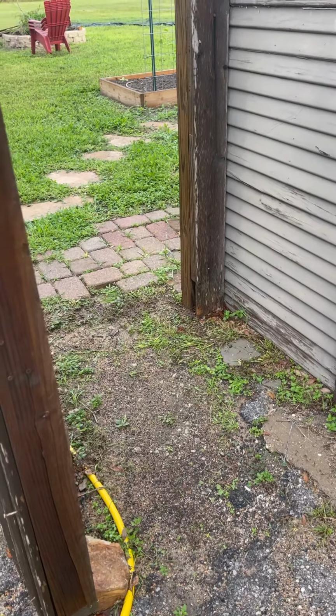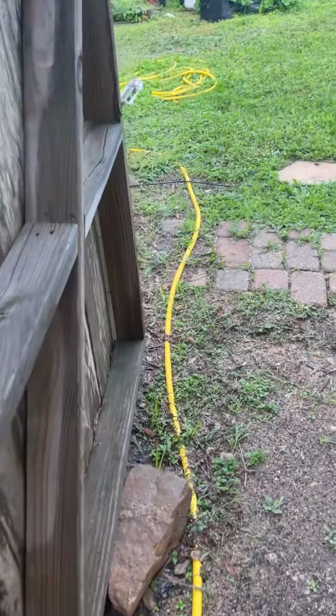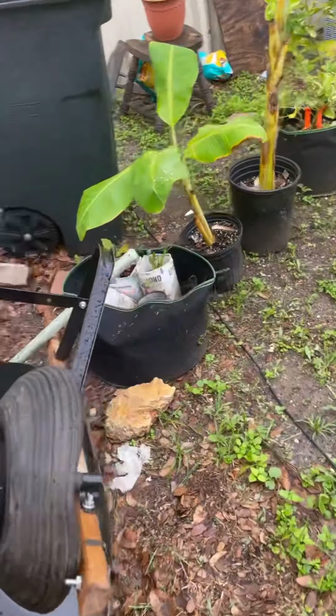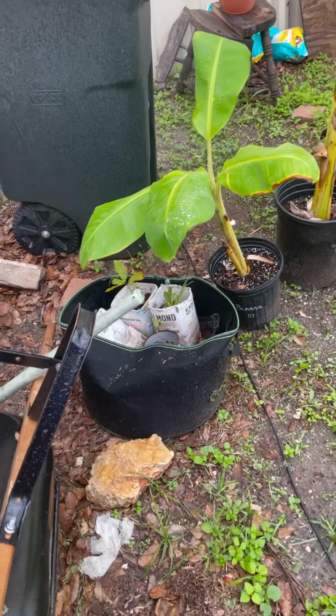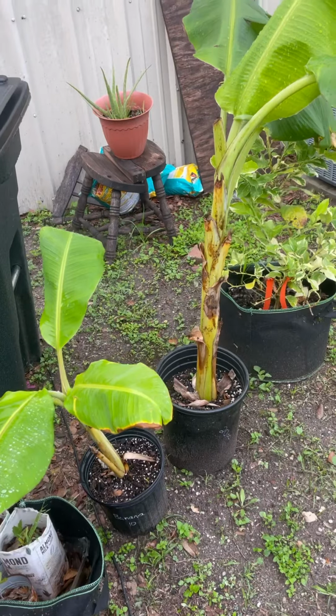Alright guys, we are going to do a garden tour, and if you've seen my previous garden tour, you'll see that it's changed a whole bunch. We are currently working a little bit on the property, so things are all over the place. I'm hoping to get it under control, but I just bought 4 banana plants,